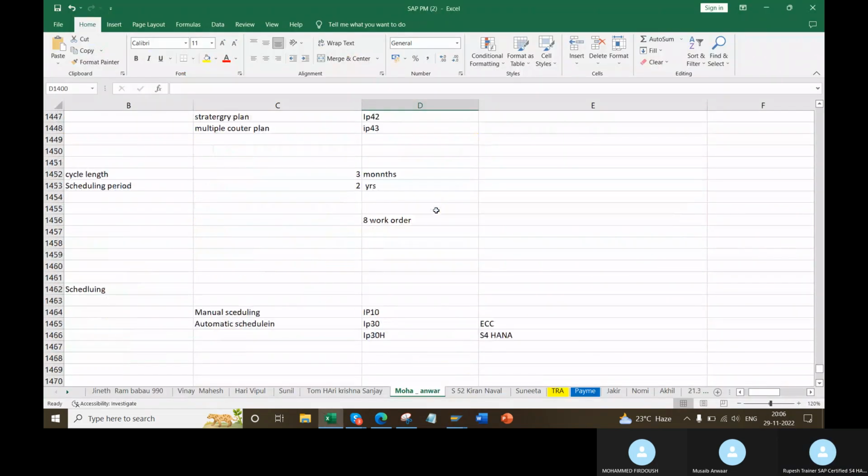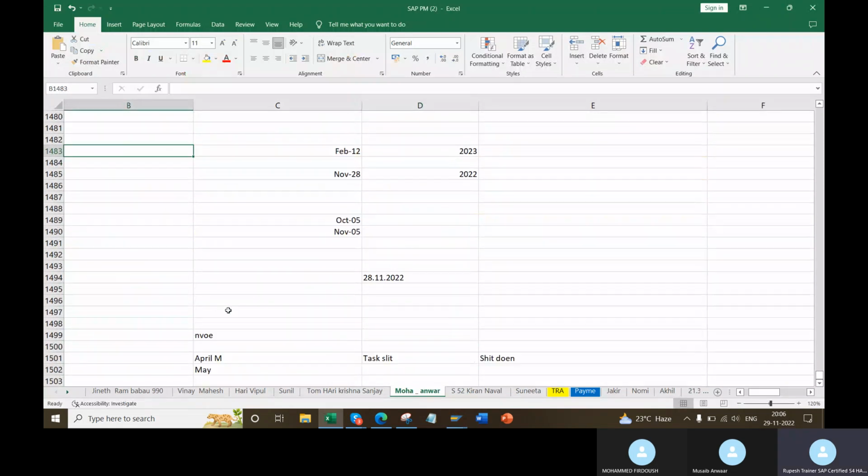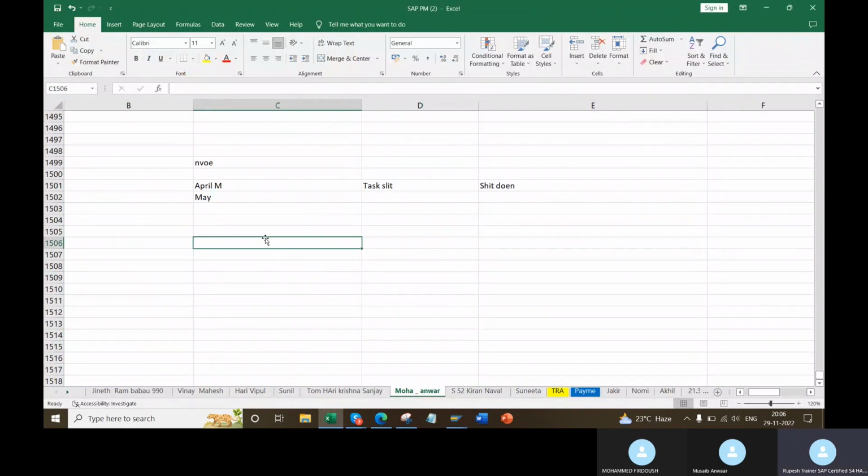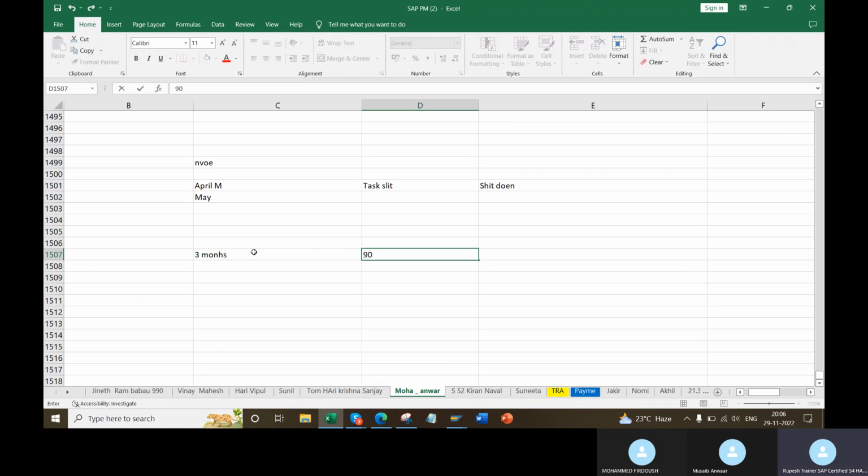So, okay, this is next important question. Scheduling period and caller zone are a basic preventive question. If you answer this, then only they will go to the next question in preventive. If you don't tell this, they won't ask further in preventive. Okay. My cycle is 3-month cycle. That is 90 days. 90 days once my work order will get generated. But business requirement, I need my work order to be generated on 45th day because I have my planning activities. But this is planning date. My work date is this only.